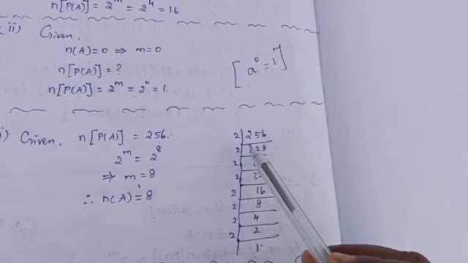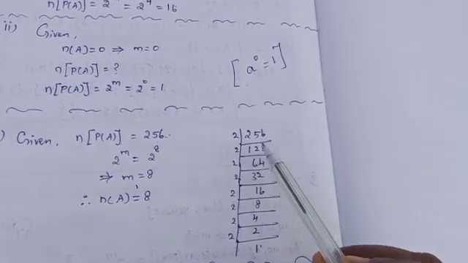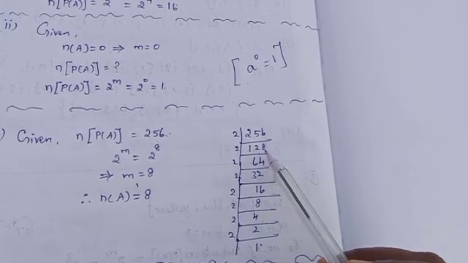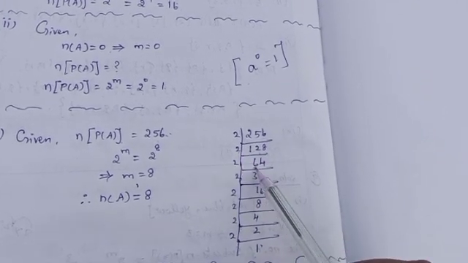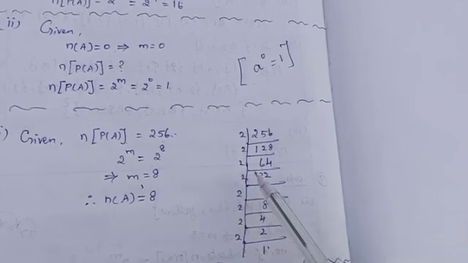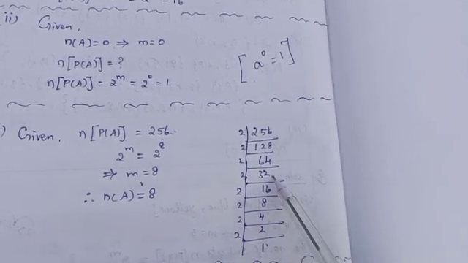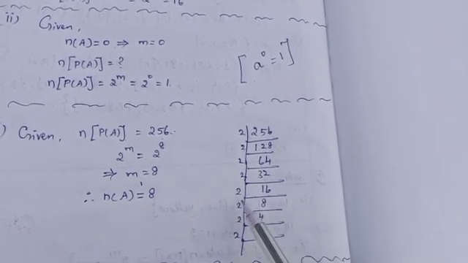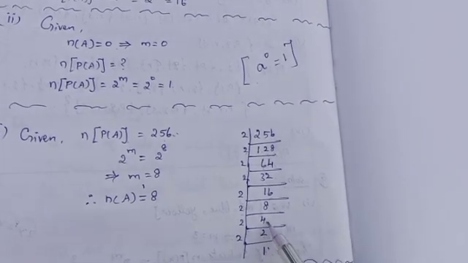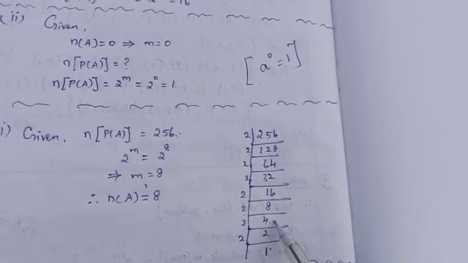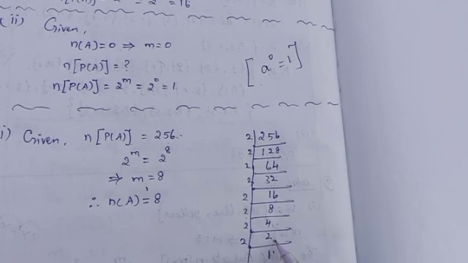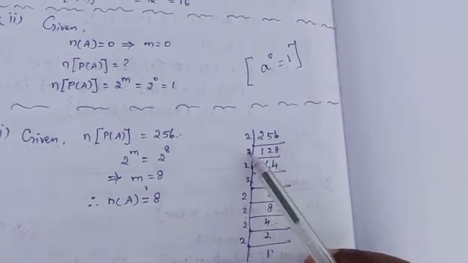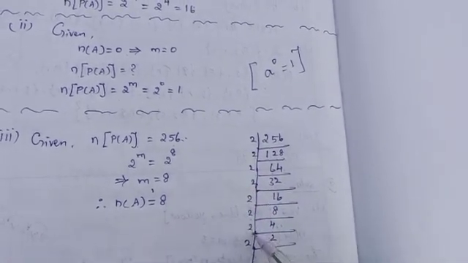Yes? Okay. That is 1 2 is 2. 2 2s are 4. Balance 1. 8 2s are 16. Then again 2. 6 2s are 12. 4 2s are 8. Again 2. 3 2s are 6. 2 2s are 4. Then again 2. That is 16. Then again 8. Again divide by 2, 4. Again divide by 2, 2. So how many are there here? 1 2 3 4 5 6 7 8.